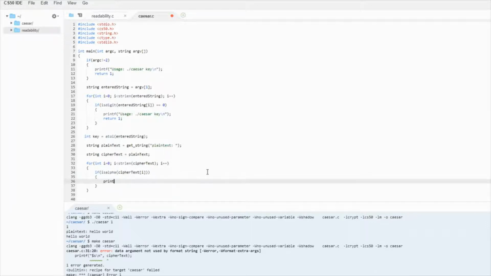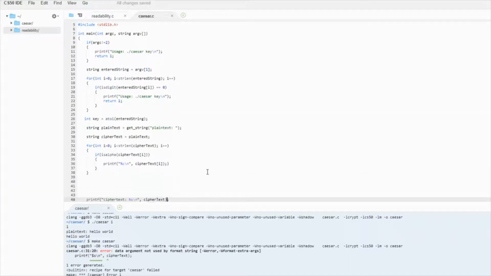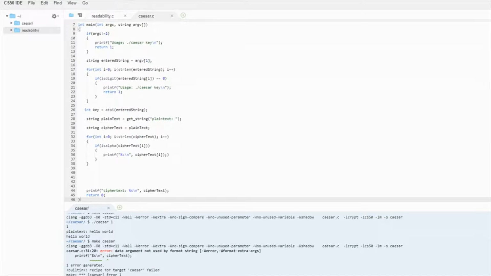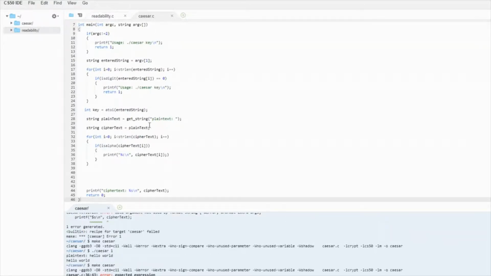And just to check to make sure it goes here, I'm just going to print anything they enter. So just a quick check for me to make sure that this is doing what I want. I'm going to make Caesar real quick. I can't figure out how to work parentheses.